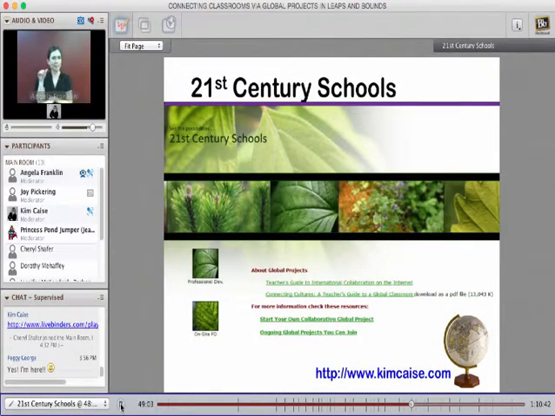The next one is 21st Century Schools, and what I liked about this is they talk on their website about guides to global projects and ways that you can start your own global project and projects that you can join. They have both, and resources for both.